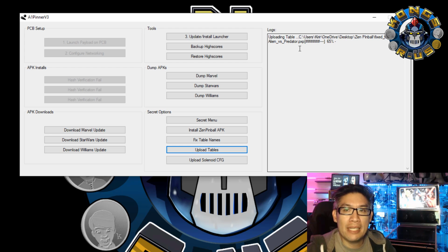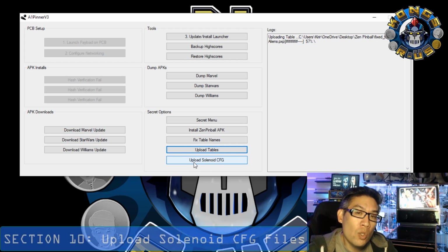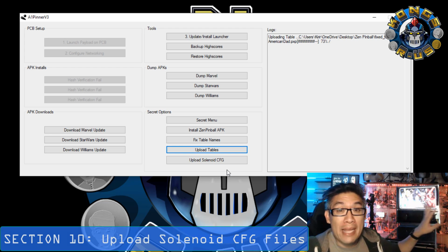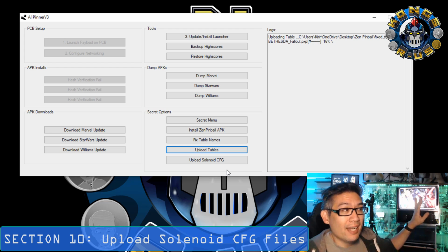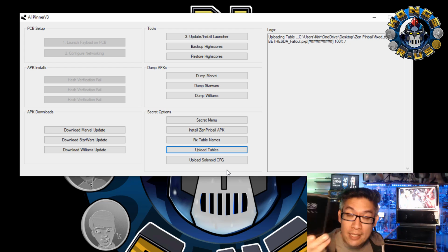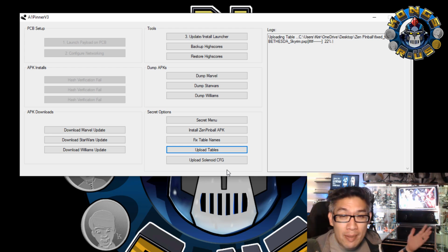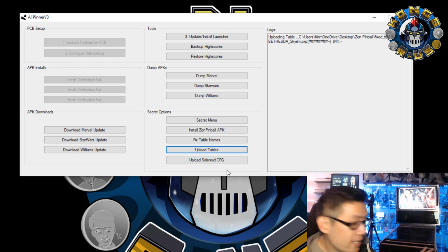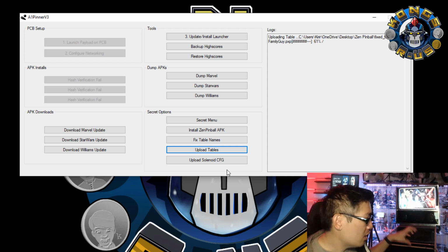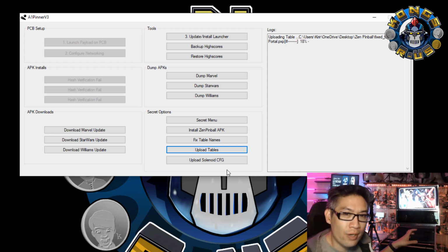While this is happening, because it's going to take a little while for all the tables, it's now going to ask you about uploading the Solenoid CFG or configuration file. Mystery Encoder did amazing work on this. Yes, you could just upload it onto the Arcade1Up Pinball. Yes, you could just play it on your phone, but why did we spend all this money on a physical arcade cabinet or pinball cabinet? It's to utilize the plunger, it's to utilize the solenoids. That's what makes this the whole package. If we couldn't tap into those hardware devices, was it worth doing this